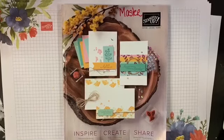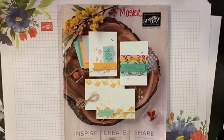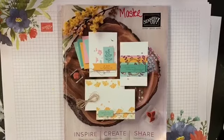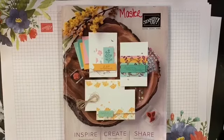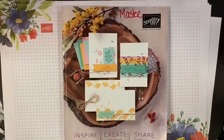So what we're going to be doing is taking a look at the pages of the Stampin' Up! Catalog, taking a little stroll through the catalog. I have quite a few first-time customers that I wanted to point out the features and benefits to. We've got new followers here. And sometimes, like myself, even though I've been doing this for 24 years, it's easy to miss things in the